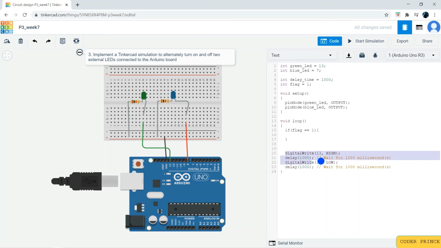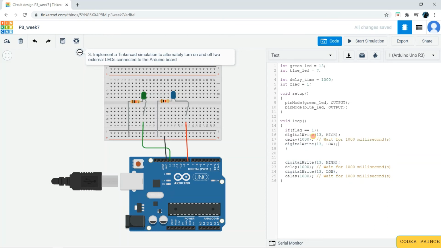I will just copy paste these two lines. So we have to say digital write of the port which we have specified here. First I will go with the green one. So green LED, sorry. So we have this set as high. So high means it is on state. So this will make this LED glow, and we will wait for delay.